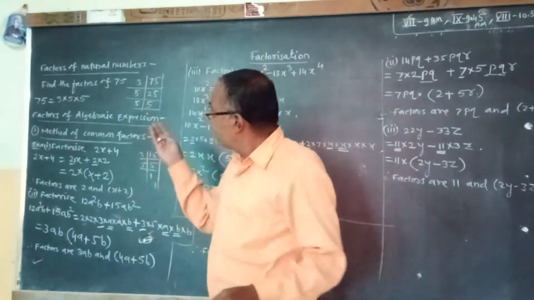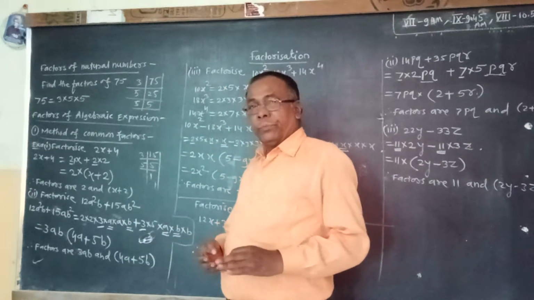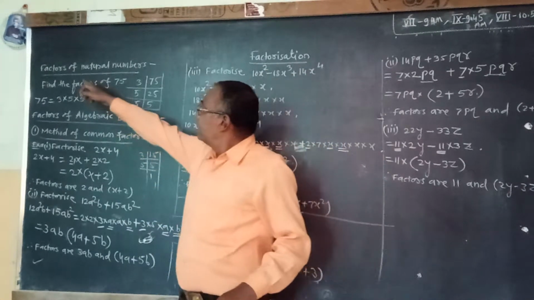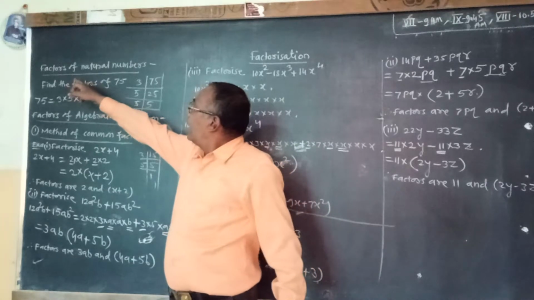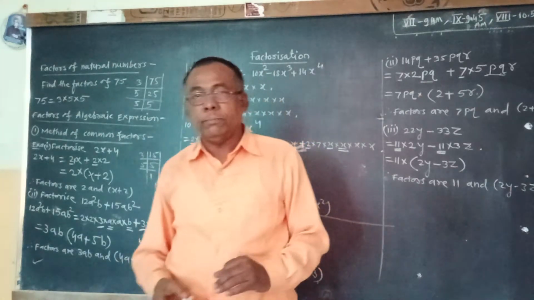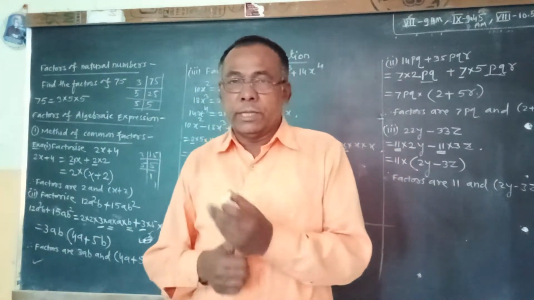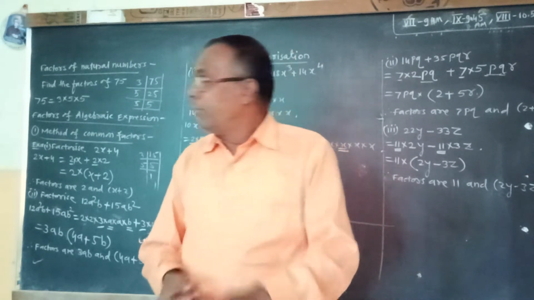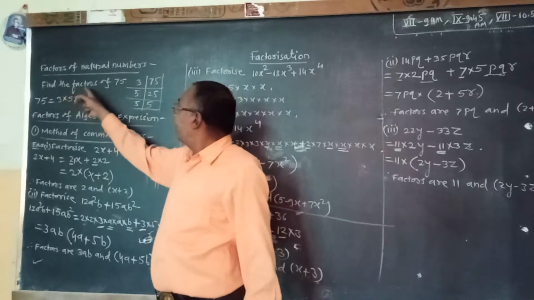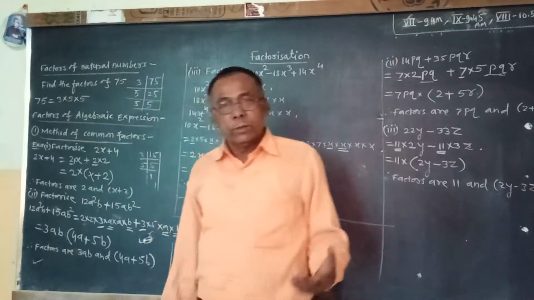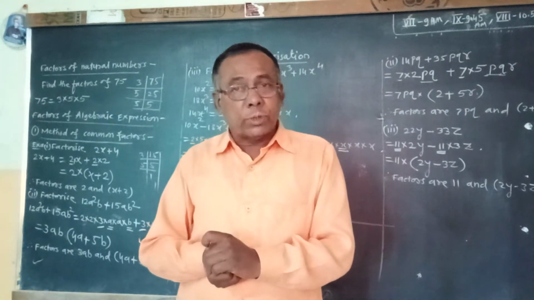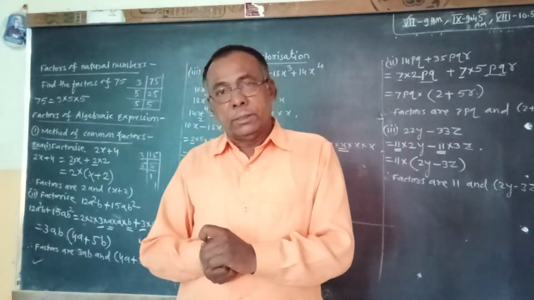But before going to factorize the expressions, we will see the factors of natural numbers. For example, here the example is given: find the factors of 75. We know that 75 is a natural number. To factorize 75